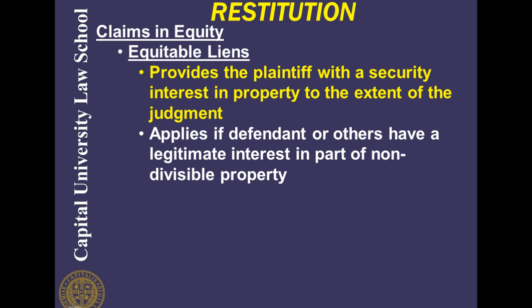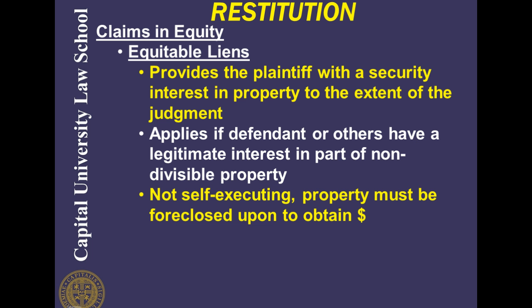The best way to think of this is if the defendant has stolen $25,000, takes that $25,000 and makes improvements to the defendant's home that the defendant legitimately owns, and now the plaintiff seeks to recoup their $25,000, the plaintiff is going to obtain an equitable lien over the home, and may have rights and benefits as a result of that ahead of other creditors.